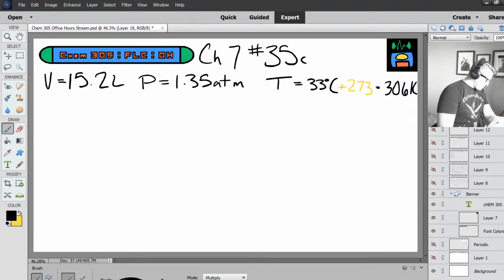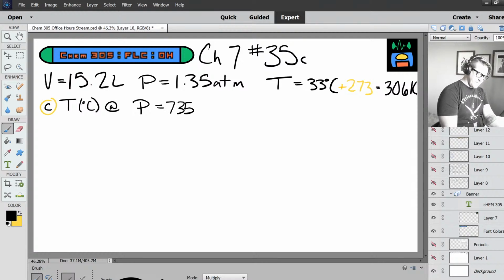All right, and then it says, determine the following for this gas sample, and part C says they want us to find the temperature. Interesting. The temperature in degrees Celsius at a pressure of 735 millimeters of mercury